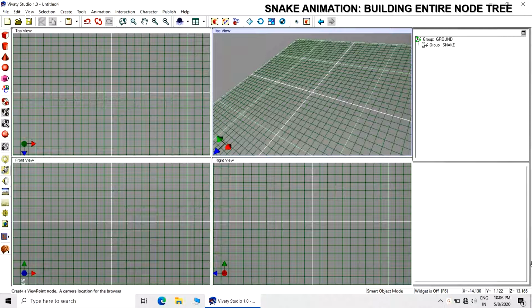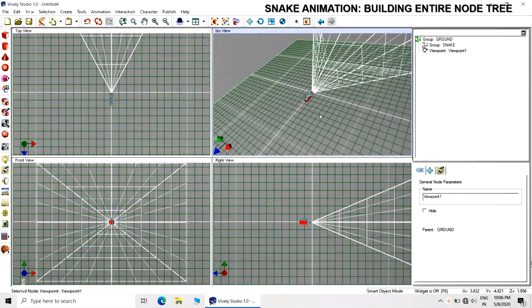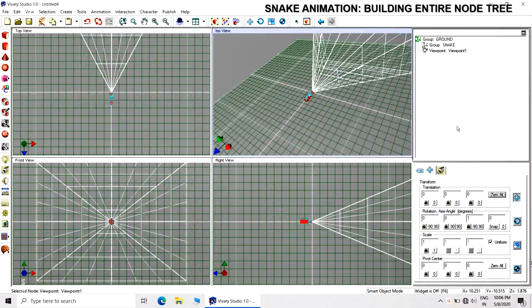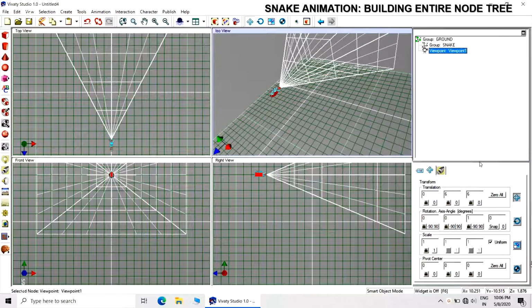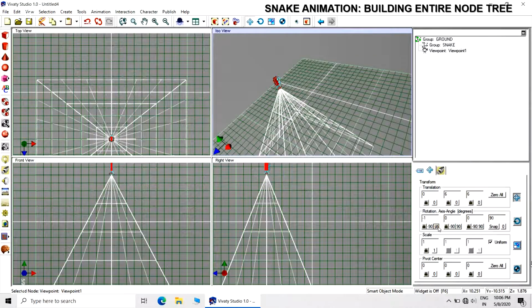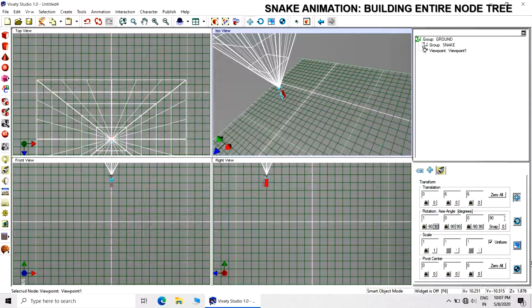Then there will be a viewpoint. I will keep the viewpoint above the ground, pointing towards the ground. So on the y-axis it will be 6 units above, on the z-axis it will be 6 units away from the central plane, and I want it to be pointing towards the ground.